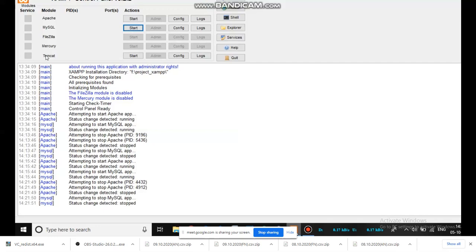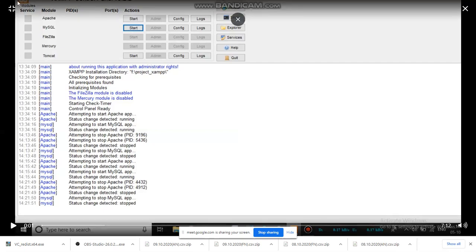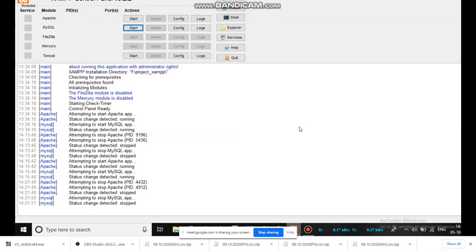Once you install this XAMPP server, it will come as an exe. Double click it and install it. Then you will get an icon, this orange icon at the top of the screen, which could look like an infinity symbol. Once you double click that icon, this window will open. In this window, what are the services necessary for me to run this program, Java with a database, right?